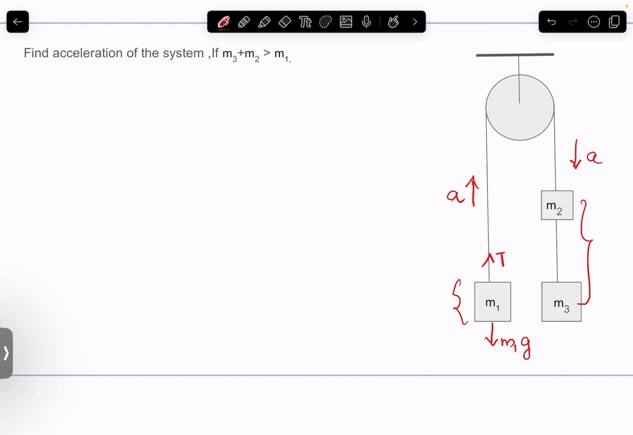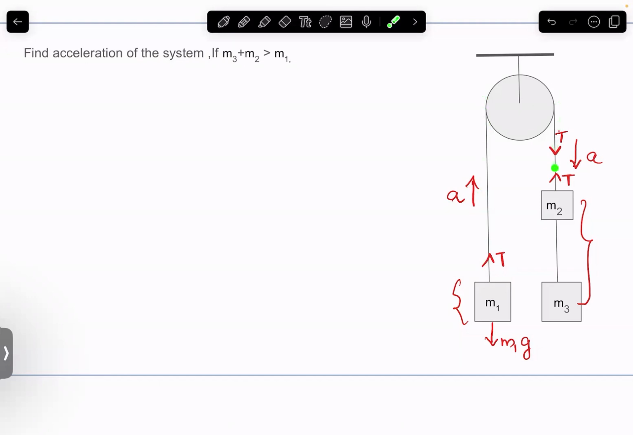Okay. And what will happen here in the string? Again, there is a tension force. The same tension force is here, acting in the string, and this tension force will pull this block upwards again. And okay, so till this you can understand that there is